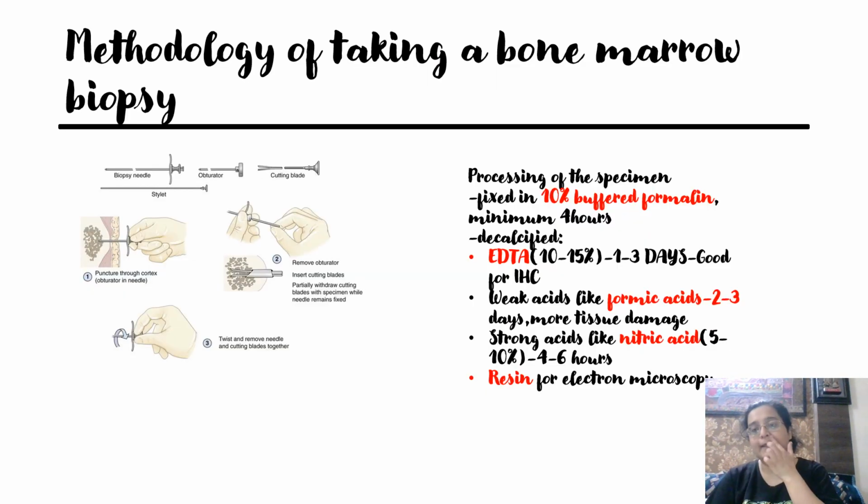See, I had already covered the methodology of doing bone marrow biopsy in the last two tutorials, the aspirate as well as the last imprint tutorial. So I am not going to be repeating that. I am only going to be incorporating a few things that I had not discussed then because of the length of the lecture. I had then only mentioned that you can take the biopsy in 10% buffered formalin, or you can take it in Zenker's fluid. Sometimes people take it in Bouin's fluid also, and each of them has its own importance.